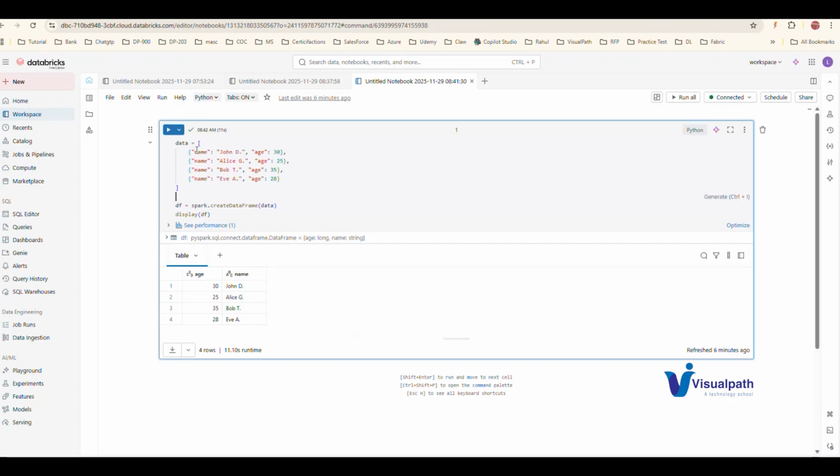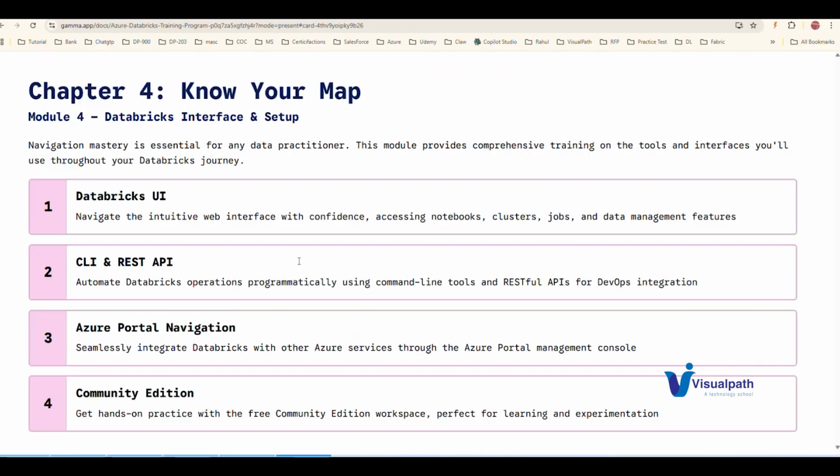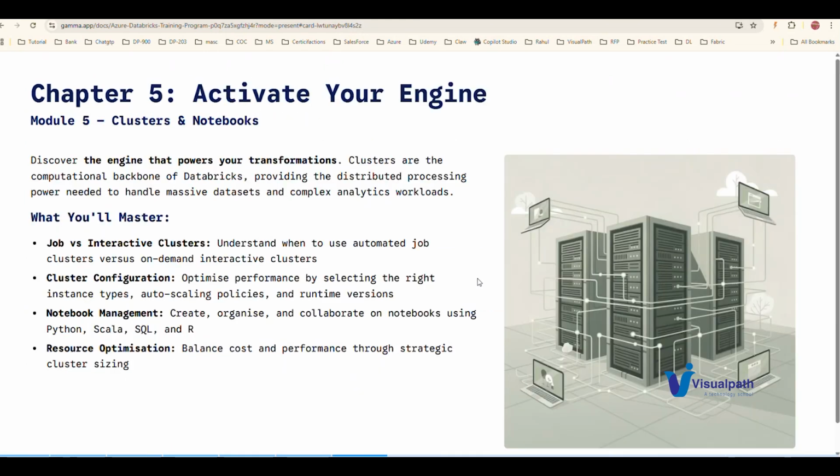So in that case, we will use this community edition for all the hands-on. Our talks will go like this: once we have this chapter, we will go to the hands-on of this one, and we will explain one by one. So this is how chapter 4 will handle how the GUI, how we are going to interact with Databricks. The next thing is how we are handling the clusters and notebooks in Azure Databricks.